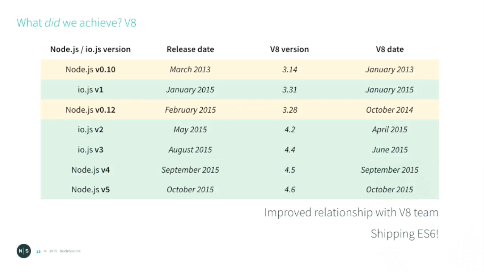And we heard this when we did io.js, because when we launched io.js, we had the V8 team knocking on our door pretty quickly because they were really interested in getting involved and having Node be part of their ecosystem, because it had just lost it. Even Node 0.12 came out with an older version of V8. There's some technical reasons for that, but still, the justification's pretty poor because it was irrelevant still.